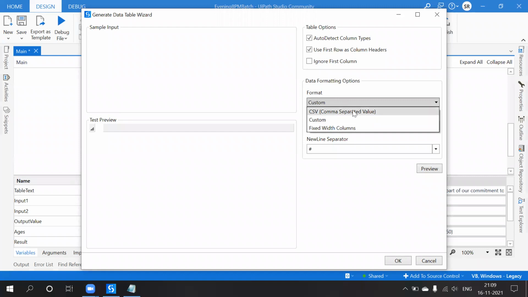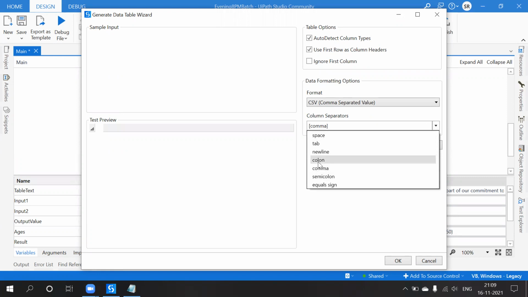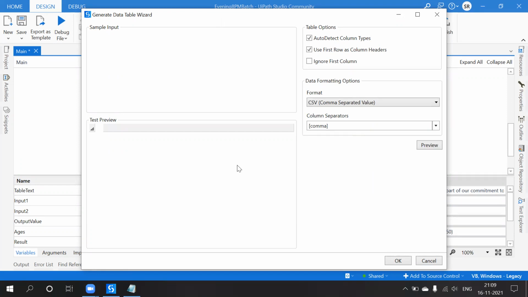It will be in the form of CSV, or what is the column separator? Here the column separator is comma, or tab space, or colon, or semicolon, or equal sign. So it depends, so we will use it.